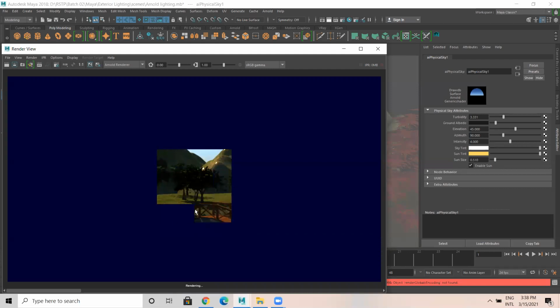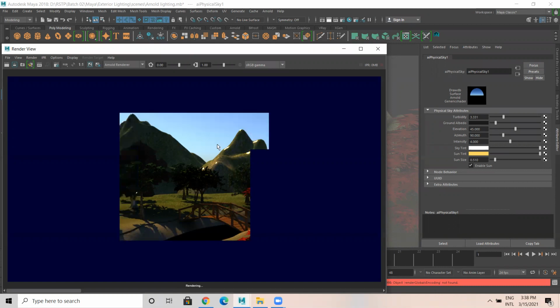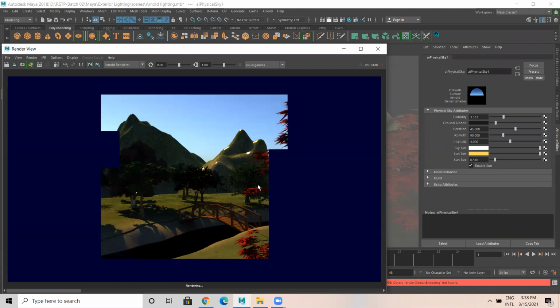Quality, you get realistic. We need to add a few more lights to have a realistic feel. Okay, you got sky. I think there is a bit of reflection on the mountains. We can remove that anyhow.